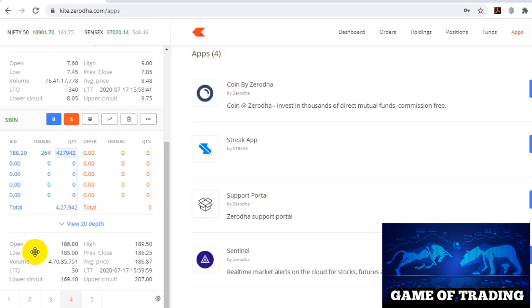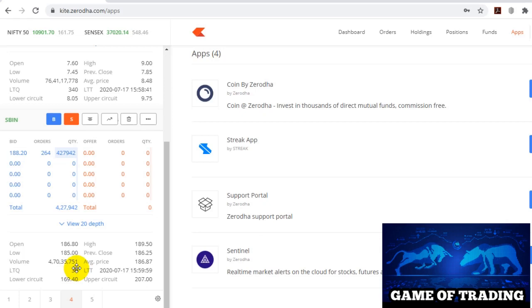The open price of SBIN is 186.80, and the high value SBIN reached is 189.50, and the low price of SBIN is 185 rupees. The previous close of SBIN, meaning the previous day's close, is at 186.25. Volume of SBI is 4 crore 70 lakhs